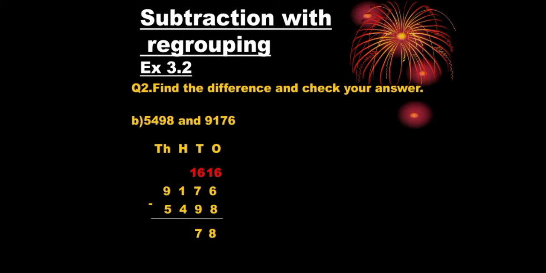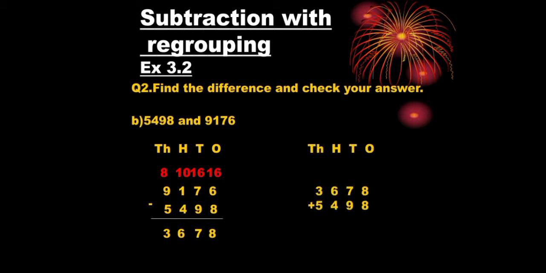Now at 100 place we are left with 0. We have 0, so we borrow 1 from 1000 place. It will become 10. 10 minus 4 is 6. At 1000 place we have now 8. 8 minus 5 is 3. Now my answer is 3678. Now we can check it by adding the two smaller numbers